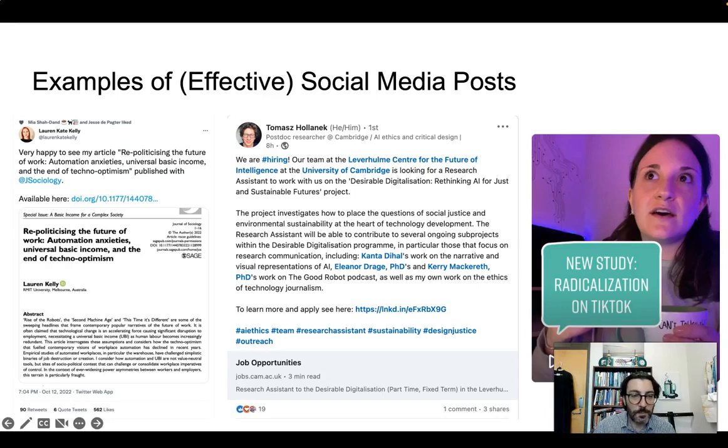Importantly, it provides a link to the article, so if people are interested in checking it out, they can click right on it. And then, as mentioned before, they use a screen capture of the abstract, so you can read right on the tweet itself what the entirety of the article is about without having to click through it. So this is sort of a quintessential, great example of using Twitter to promote a new publication.